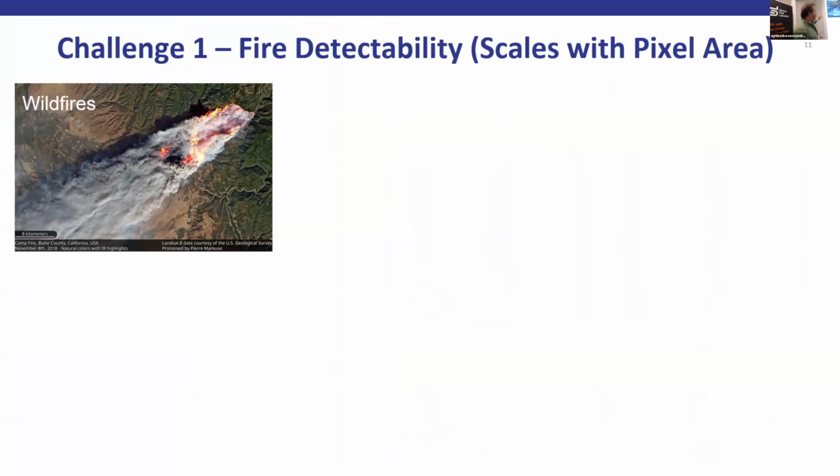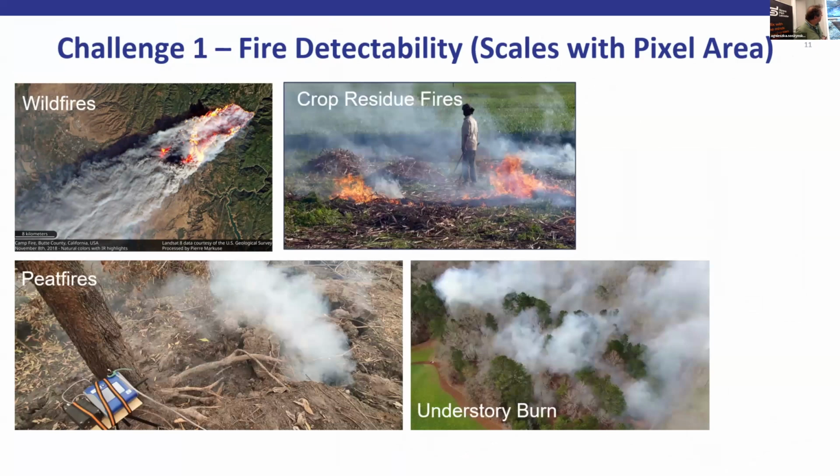To detect these big wildfires is very easy. Basically, this is Landsat data. This horrendous Camp Fire in the States. Incredible imagery, but terrible events. These things are more difficult to detect: crop residue fires, which are the things that are causing a lot of the air pollution problem in economically developing countries. Understory fires is another one, where the fire is hidden under a tree canopy.